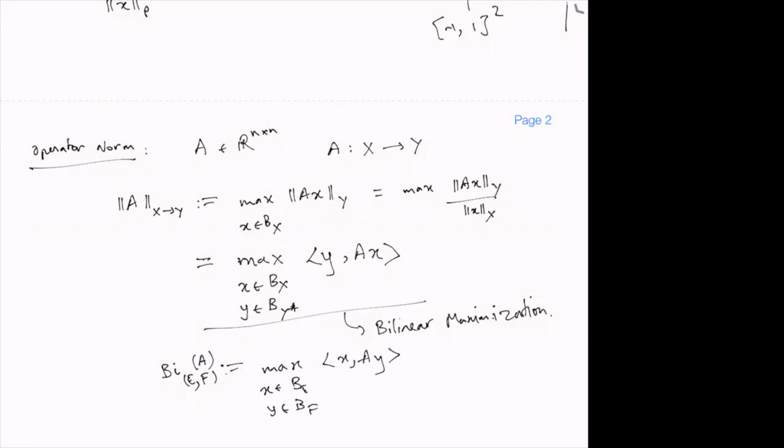Okay. So one slightly confusing thing is that the A X to Y norm is actually equal to the Y comma X star